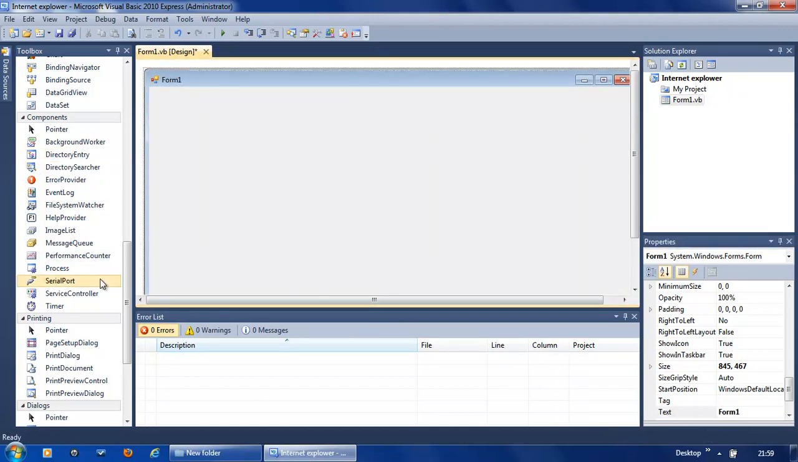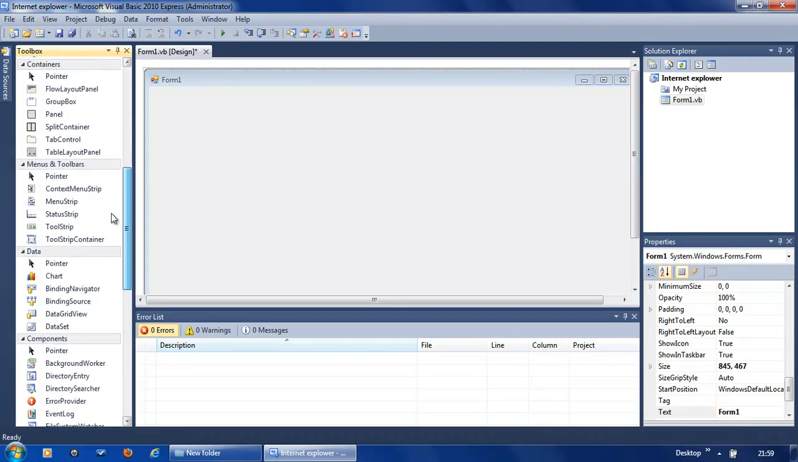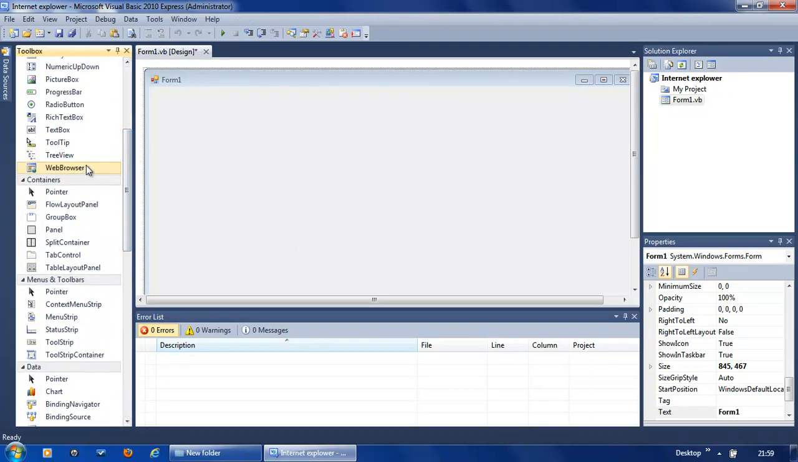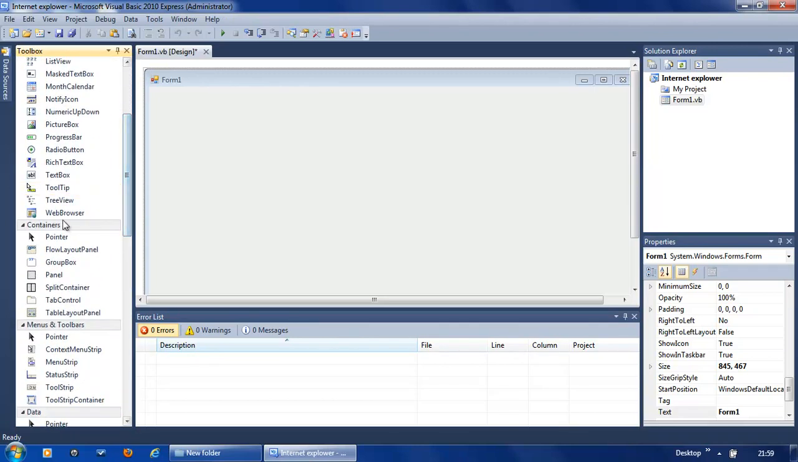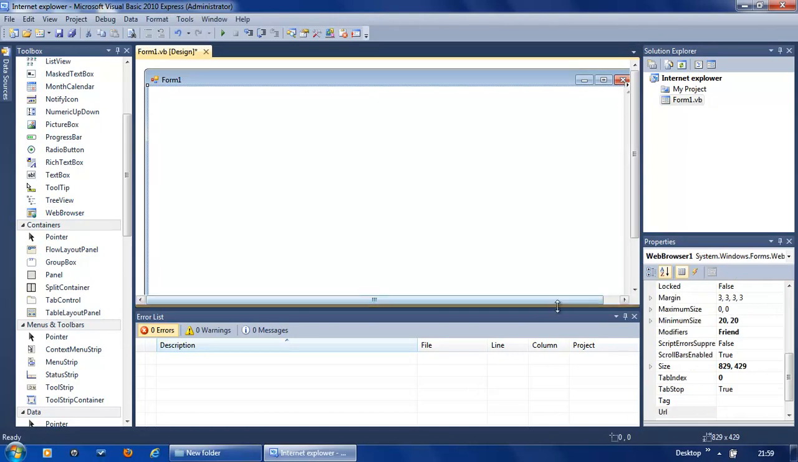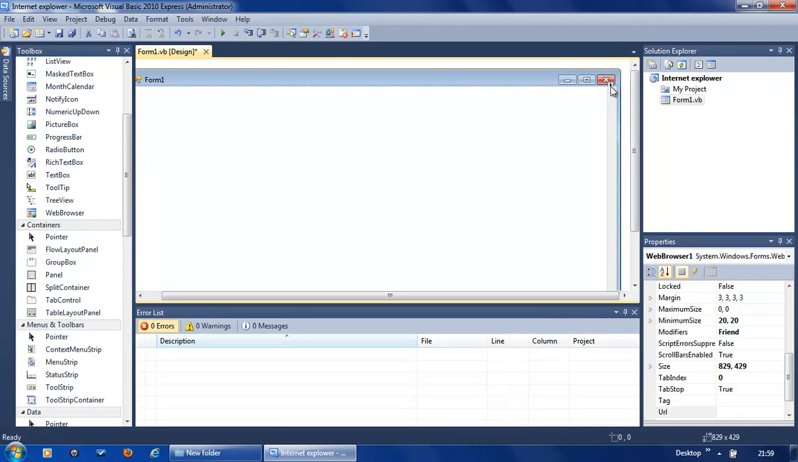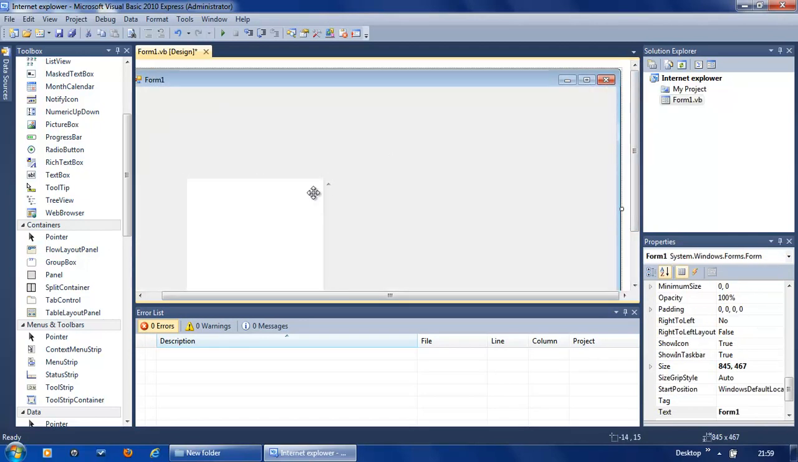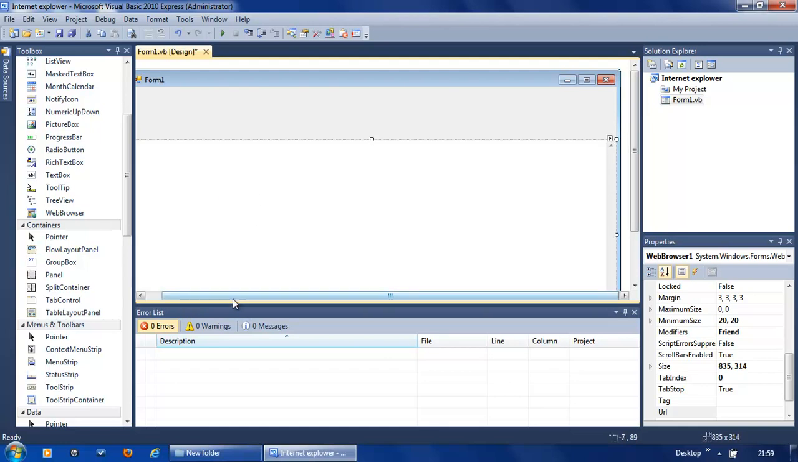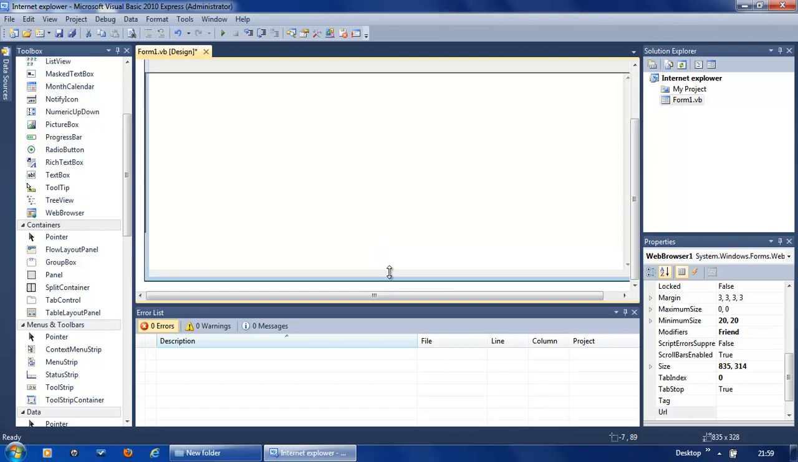And then you can rename it. I won't bother. But basically you want to add a web browser. Look down your list until you find web browser, which is under common controls, and you just click it in there, and then it will load up, and then you want to click the little arrow and unlock, so you can drag it as big or as small as you want. So I'll just drag it all the way across, all the way to the bottom, but leave some at the top,